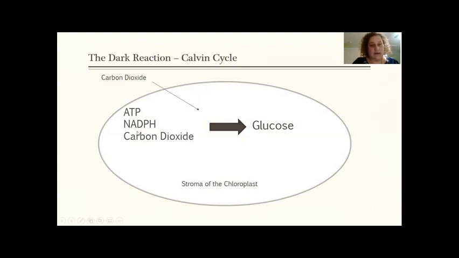And these are the reactants here on the left. If you notice, two of these were actually made during the process of the light reaction, ATP and NADPH. Carbon dioxide comes from where? Carbon dioxide comes from us, both our factories and our breathing. We produce carbon dioxide, and that diffuses into the leaf layers of the plant. So these three reactants go through the dark reaction, and this is where the sugar molecule known as glucose is